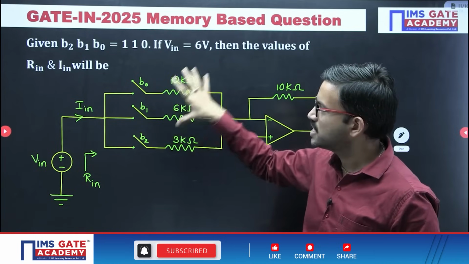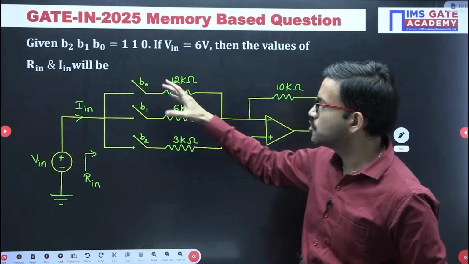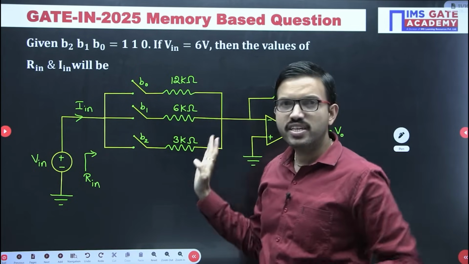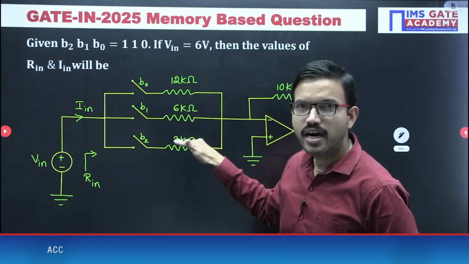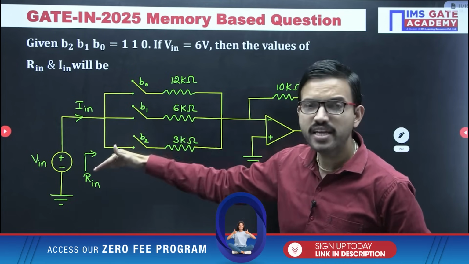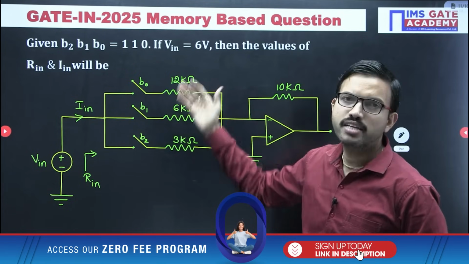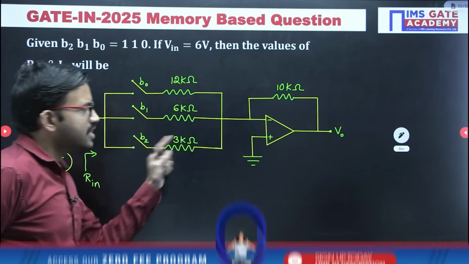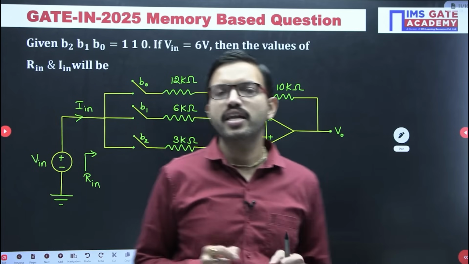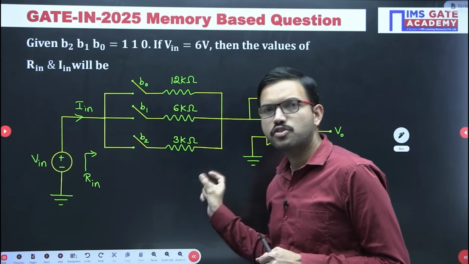But in this question, since it is a memory based question, here it is very simple. What you can consider: if the bit value is 1, we are making the connection to the supply. But if the bit value is 0, you can keep it open. Okay, fine. These kinds of questions regarding digital to analog converter circuits, especially